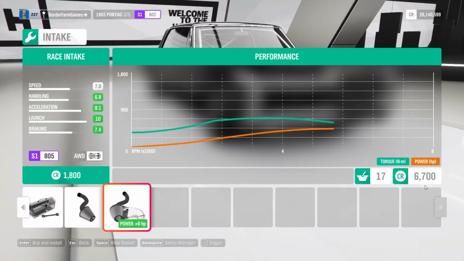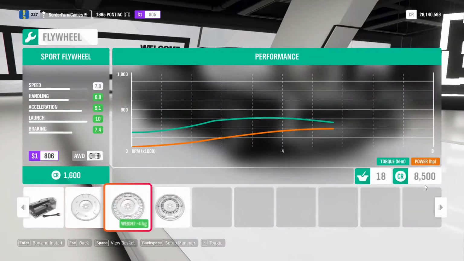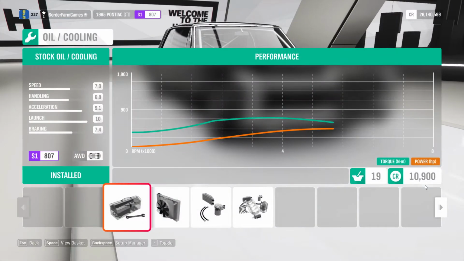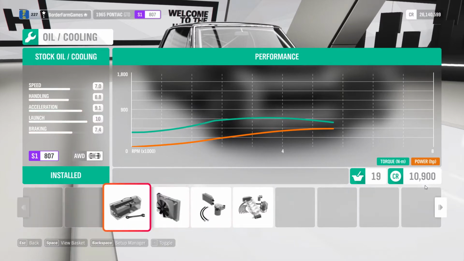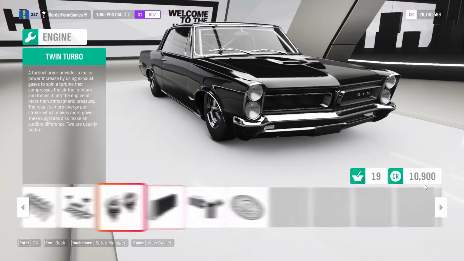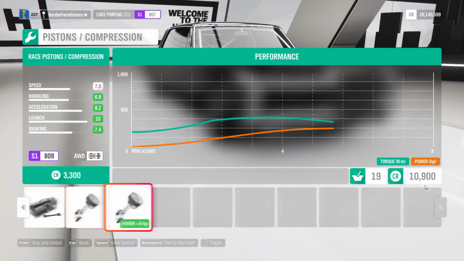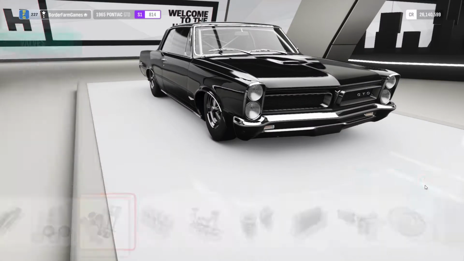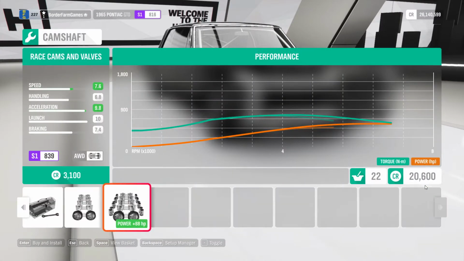And now we are working with the stock engine, and it's good to see that we're adding to the handling and acceleration. Okay, I don't think I will mess with that because it's hurting the handling. Same with the intercooler, same with the twin turbo. I definitely do mess with these parts that add to the